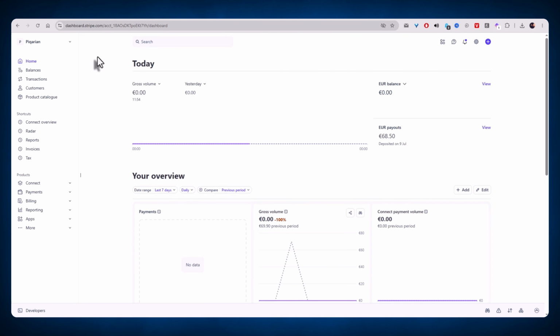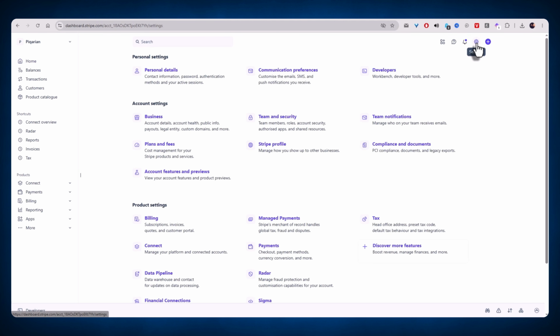Once you have the right account selected, look at the top right section of your screen and click on the small gear icon, which opens up your global settings panel. The important thing is to navigate precisely to the correct column on this screen. Look under the Business Settings header and scroll down to where it says Account Details, then click directly on that